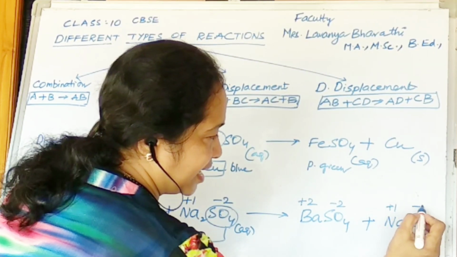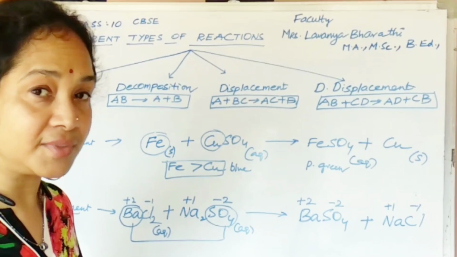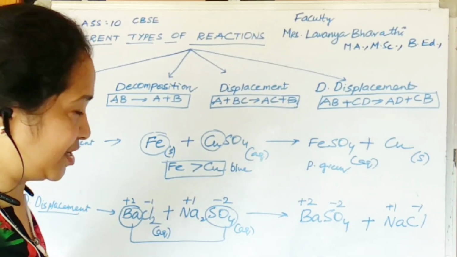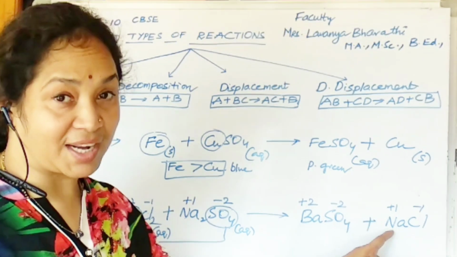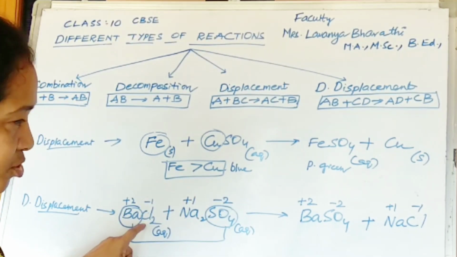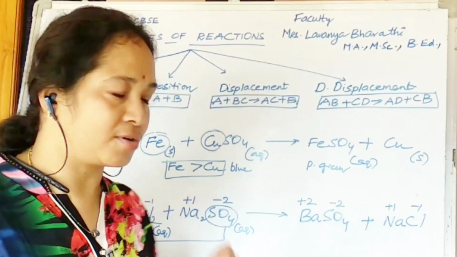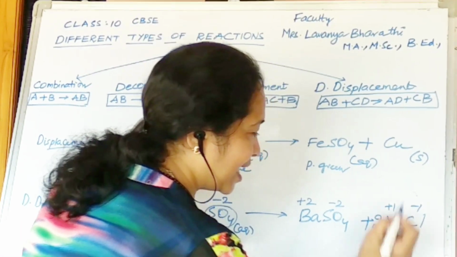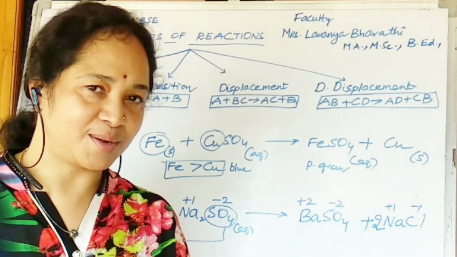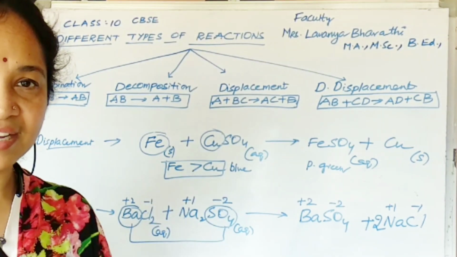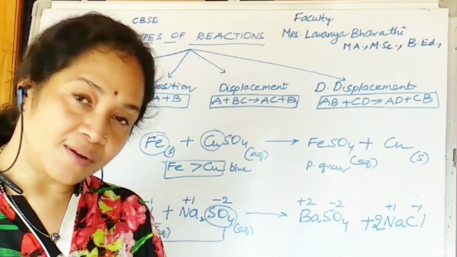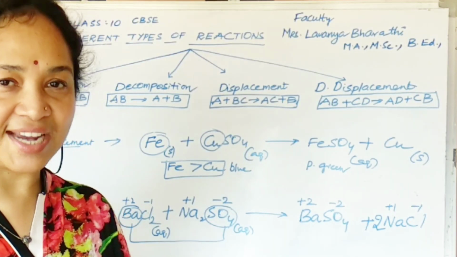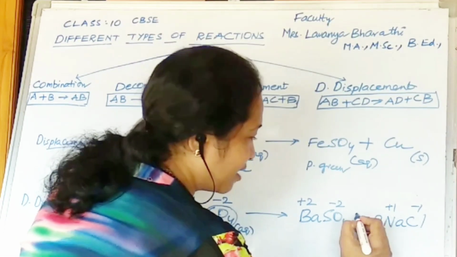Check the valencies again. But don't forget to balance the reaction. So here in this case there are two sodiums, but here only one sodium. And here there are two chlorine atoms, here one chlorine atom. So in order to balance, I'll just increase the moles of sodium chloride. Now it is balanced. But this double displacement reaction is also called a precipitation reaction because barium sulfate is